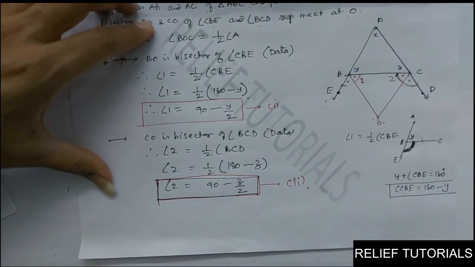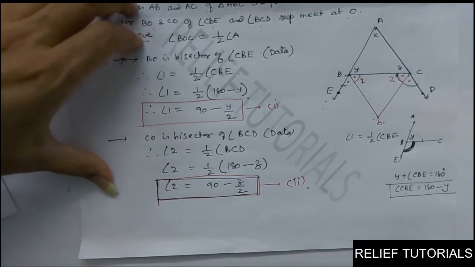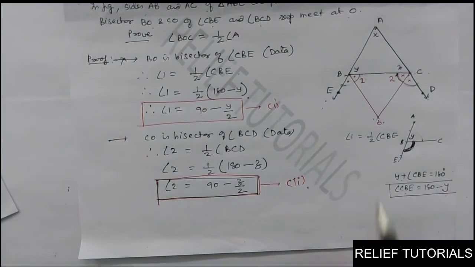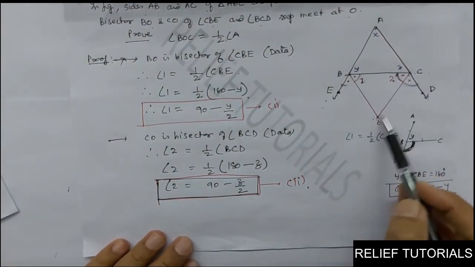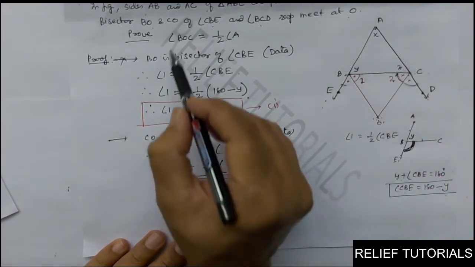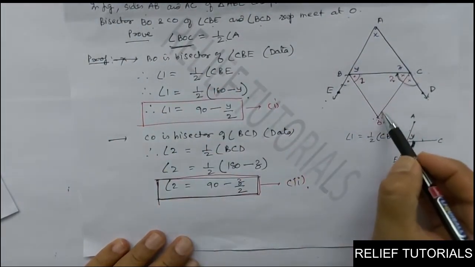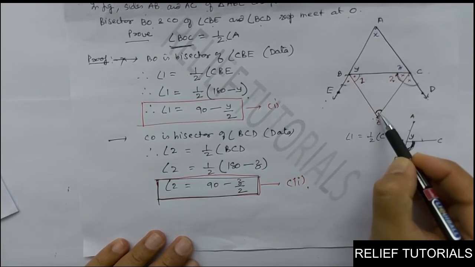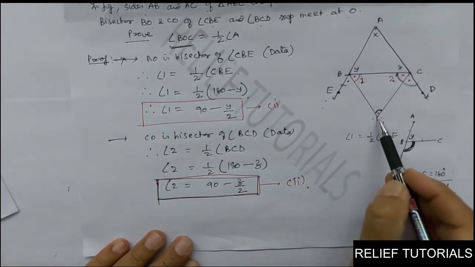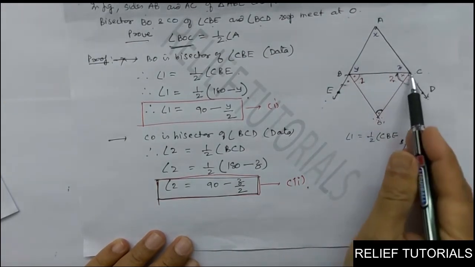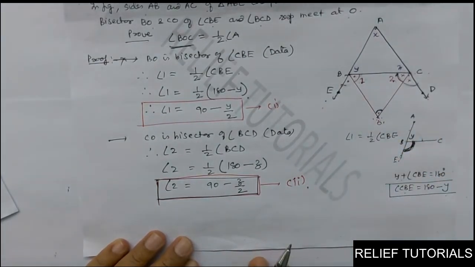This is 2. Any doubt? So, we got the value of angle 1, we got the value of angle 2. Now, we take this BOC triangle, the red color triangle, and we want angle BOC. This is angle BOC. See, this angle we want, BOC. We have 1, we have 2. We want BOC. So, we will use the angle sum property in this triangle BOC.